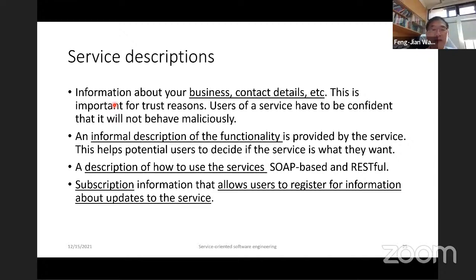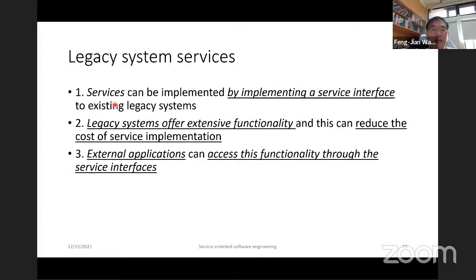Okay, and for the service, a legacy system service can be implemented by implementing a service interface to existing legacy systems. When you have a legacy system, you can have a layer on top for the service provided by the legacy system. I mean the original legacy system may have many procedural codes inside, and you can construct